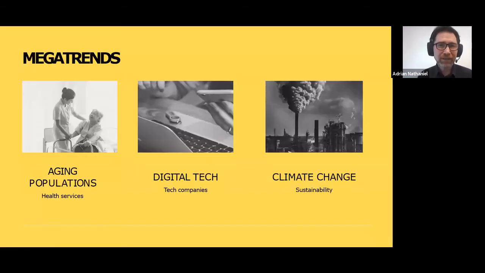So megatrends, and how do they impact your investment returns? A megatrend can be defined as a significant event that impacts your life expectancy, government policy, and your lifestyle, and it becomes a permanent change. And if you think back historically, perhaps the Industrial Revolution can be considered the first main megatrend.